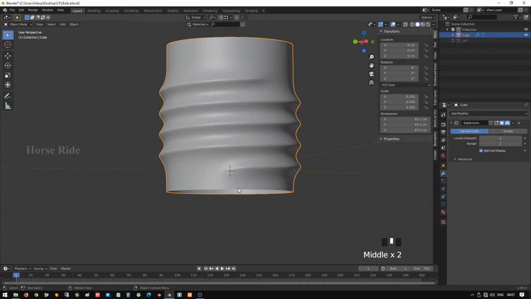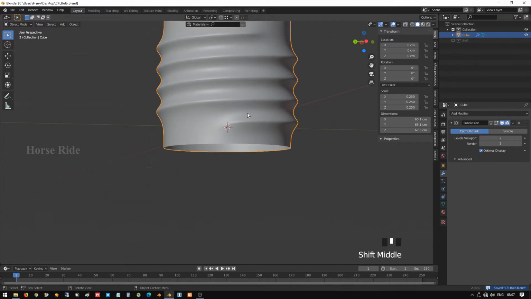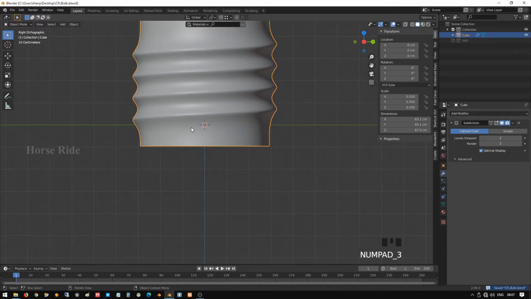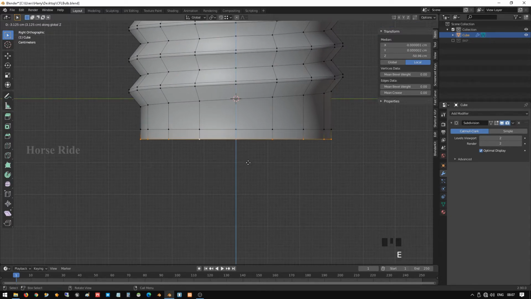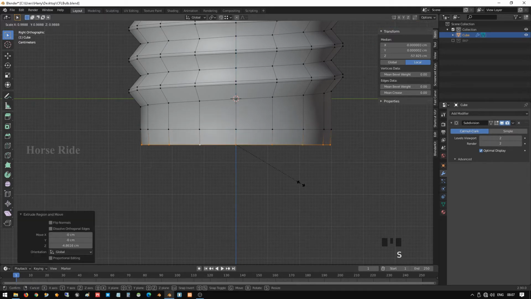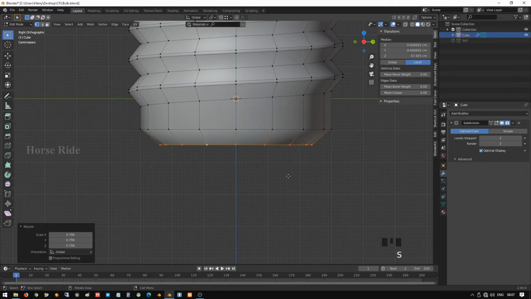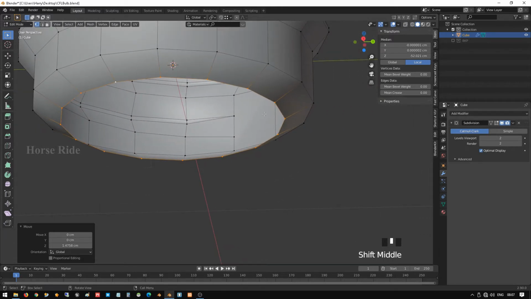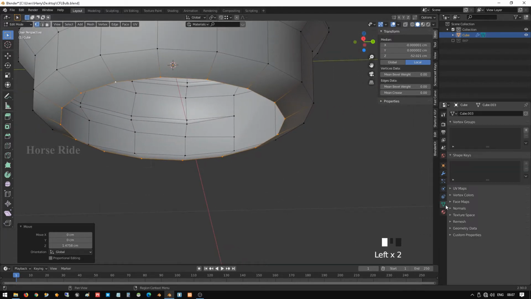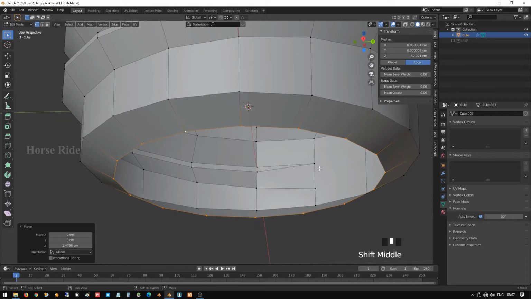Here in the bottom we are going to create the bottom options. Control S to save. Don't forget to save the work. Go to Tab, select these vertices, press E to extrude, Z to go down, press S to scale inward, G, Z. If it looks black or something here, go to the triangle option, go to the normals, auto smooth.